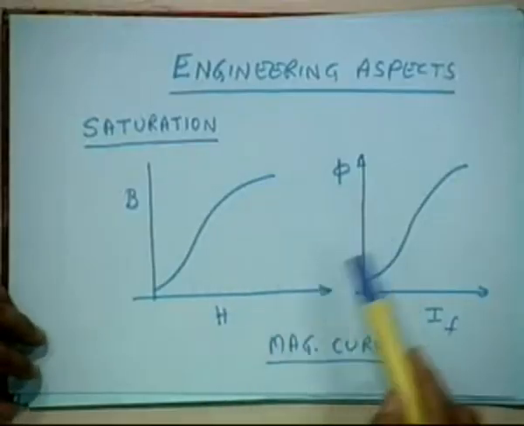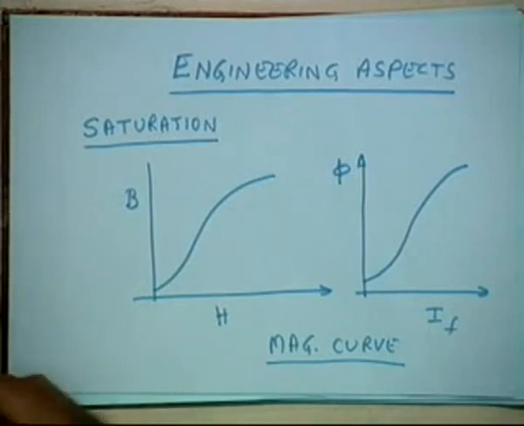So, this is one aspect you must know, and the saturation level may vary from part to part of a machine. For example, the tooth may get saturated, because after all a certain flux will get into the tooth, okay, and similarly the back of the tooth, the core, may get saturated. So, saturation level of tooth and core may be different. Okay. These are some practical aspects of the thing. Okay. This is one aspect that you will consider. Is it clear? So, when we discuss different machines we will come to know these things more intimately.